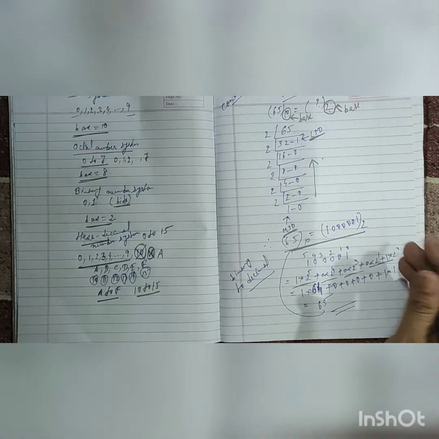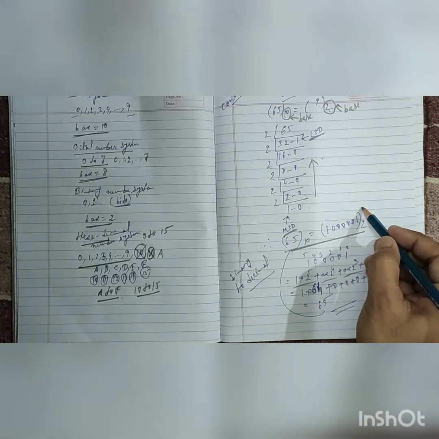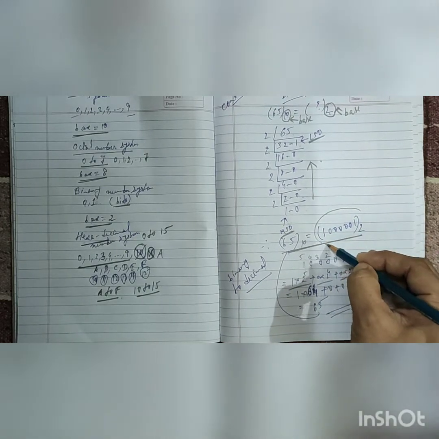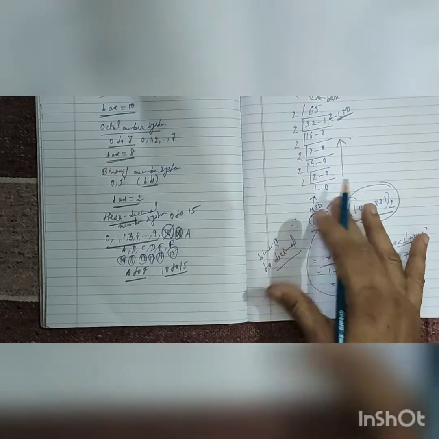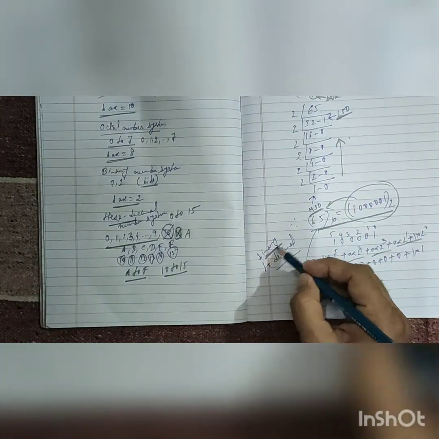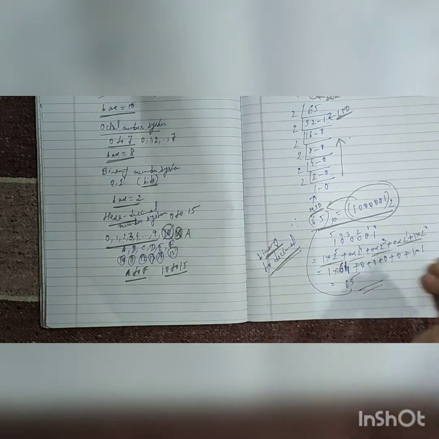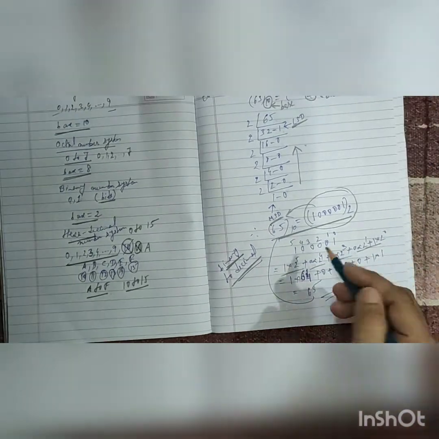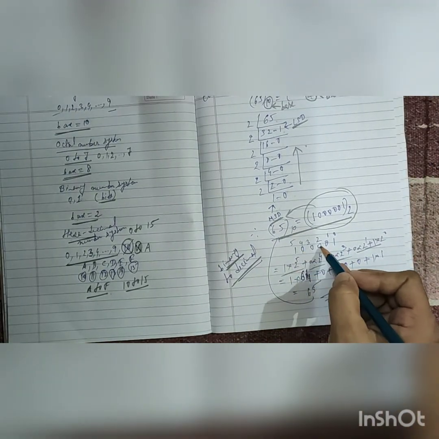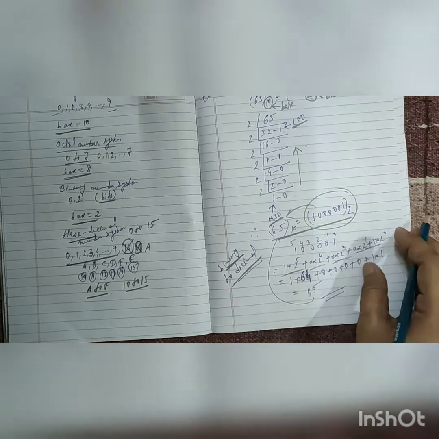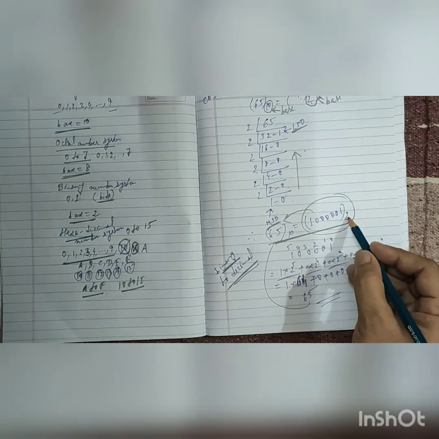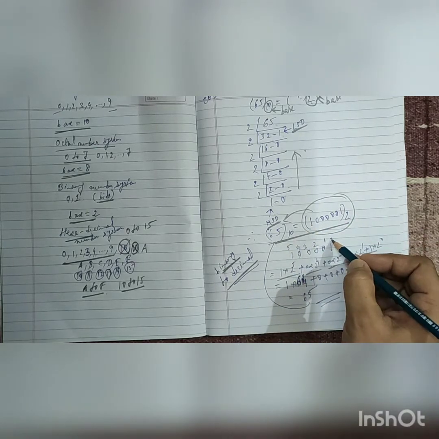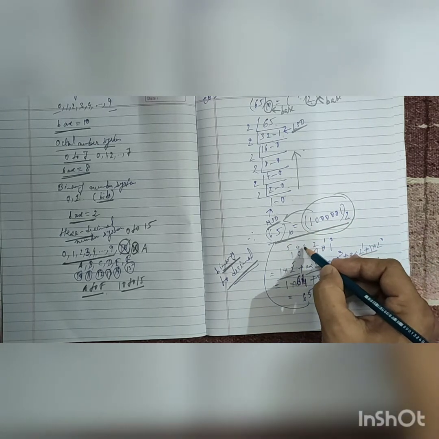Now you will ask me, sir, if I want to convert this back, how is it possible? Yes, it is possible. You have to convert binary to decimal number system. How will it work? We write 1 0 0 0 0 0 1, and then we have to convert from base 2 to base 10. Its base is 2, so it will be multiplied by powers of 2, numbered 0 1 2 3 4 5 6.